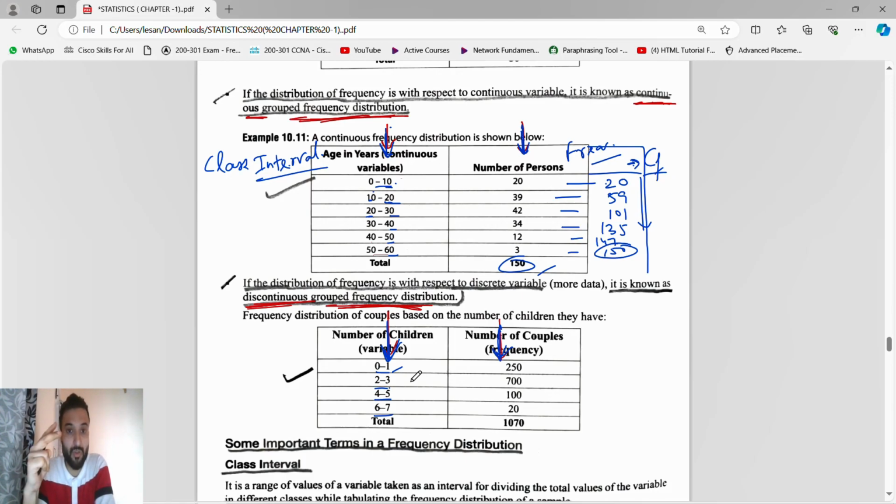We know the group frequency is divided into two, continuous and discontinuous. So every time we have to take a continuous. If it is given continuous, well and good, we'll continue with continuous. If they have given discontinuous, we have to convert it into continuous. So how will we convert it into continuous? See, the thing is,